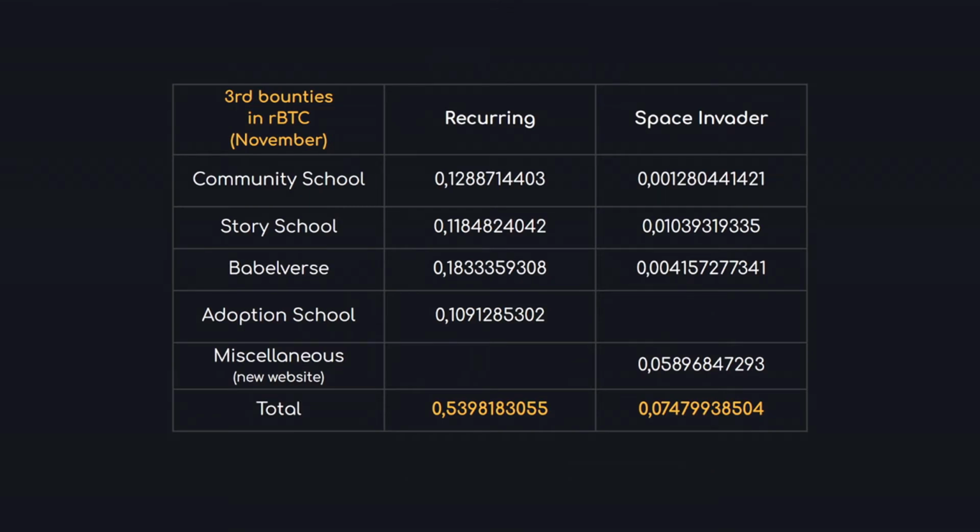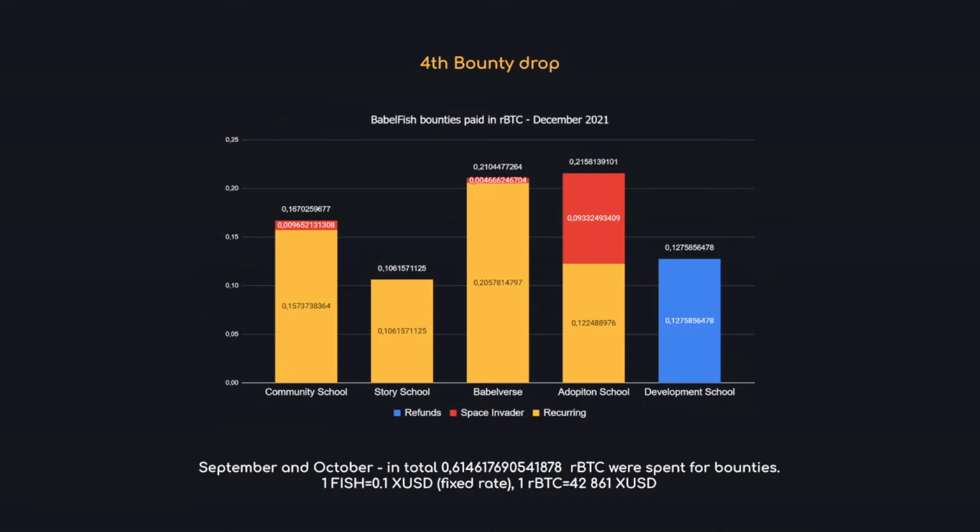And the last bounty drop paid in December. For December, in total it was 0.61 RBTC paid for all of the schools, and we had also some Space Invader tasks, so additional bounty for the fish dashboard is still being worked on, and we had also some refunds for the development